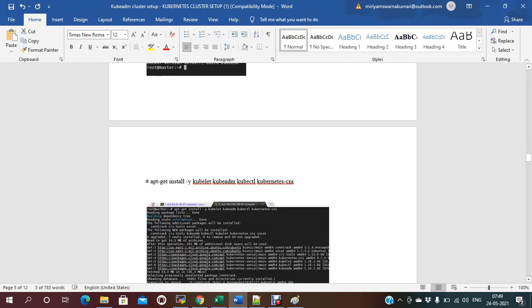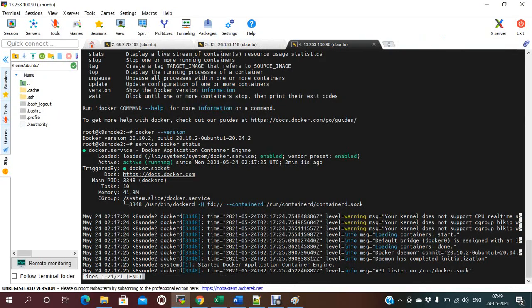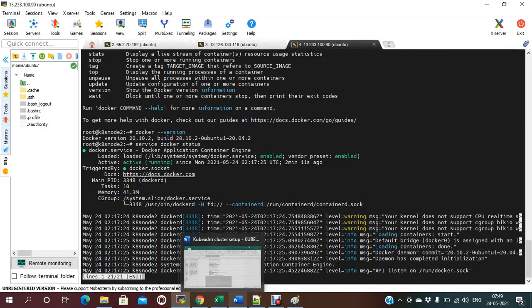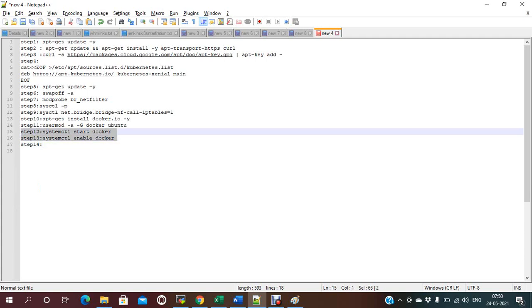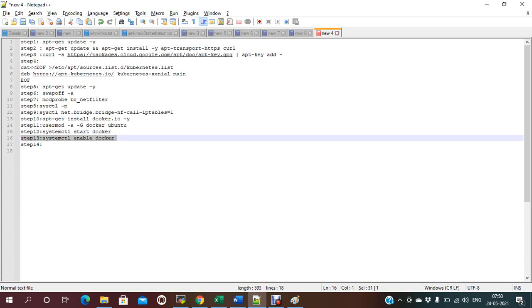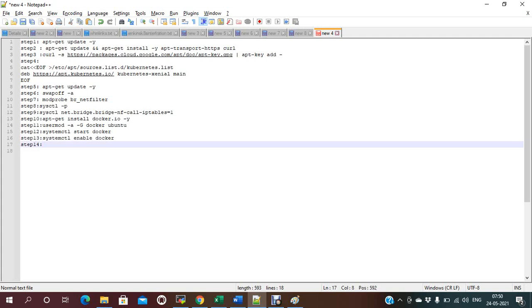Now we just need to install the cluster commands like kubectl, kubeadm, kubelet, all these things. This is step 14. I think it is not required here. When you install Docker, by default all these commands come automatically. But to be on the safe side, you just need to enable these things, if we didn't start Docker.